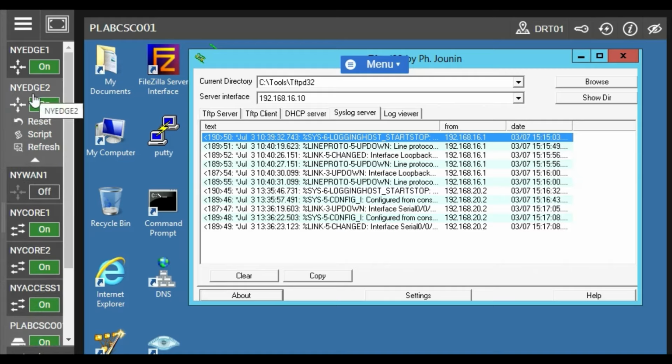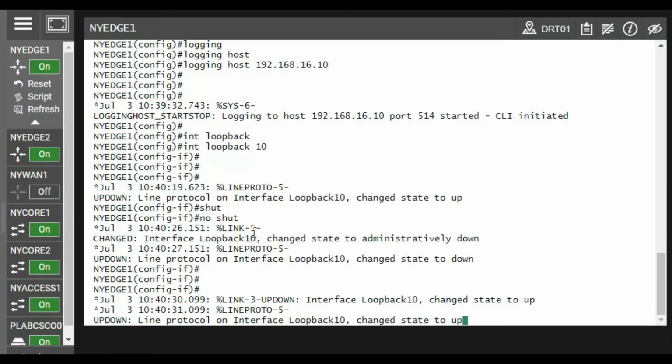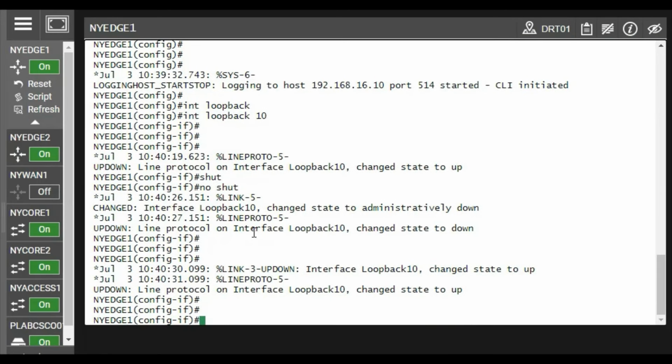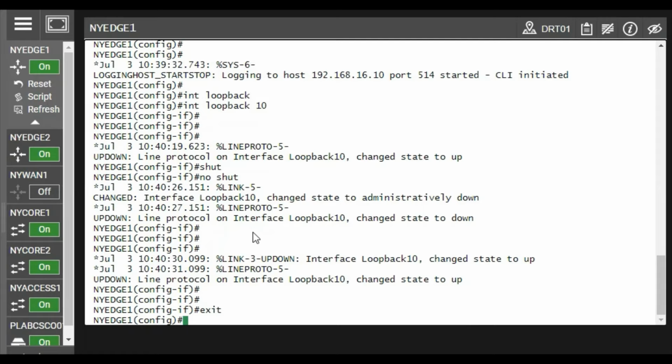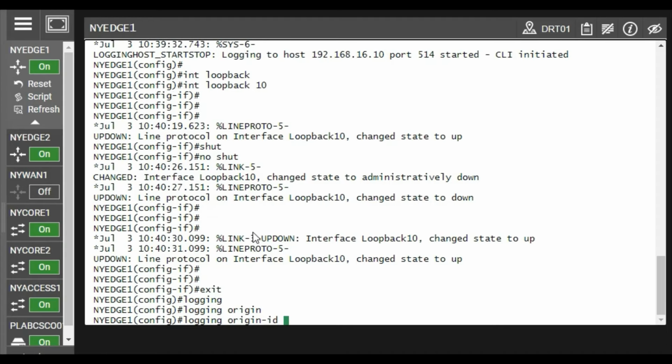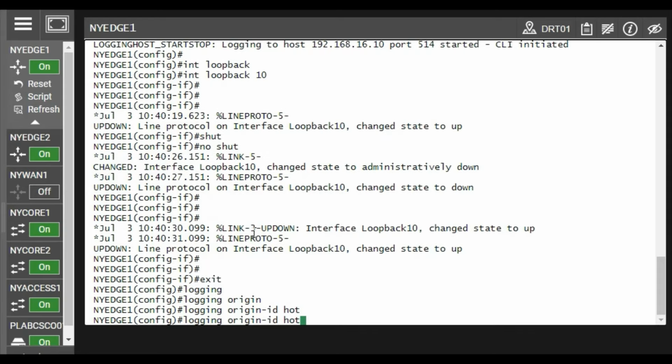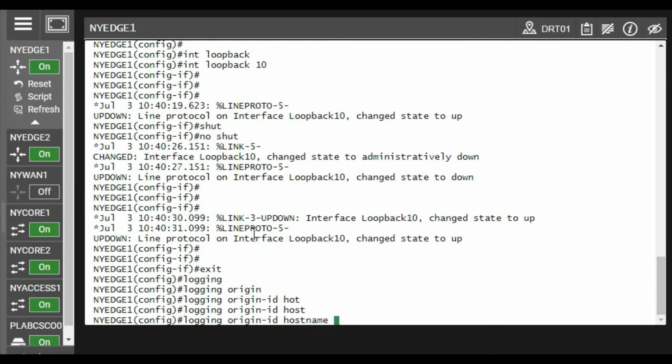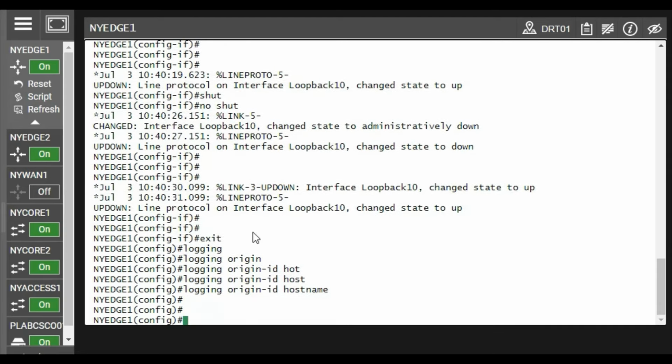You have to do just one more command: exit, then logging origin-id, and you can keep the logging origin ID as hostname. So you will get the logs with the hostname.